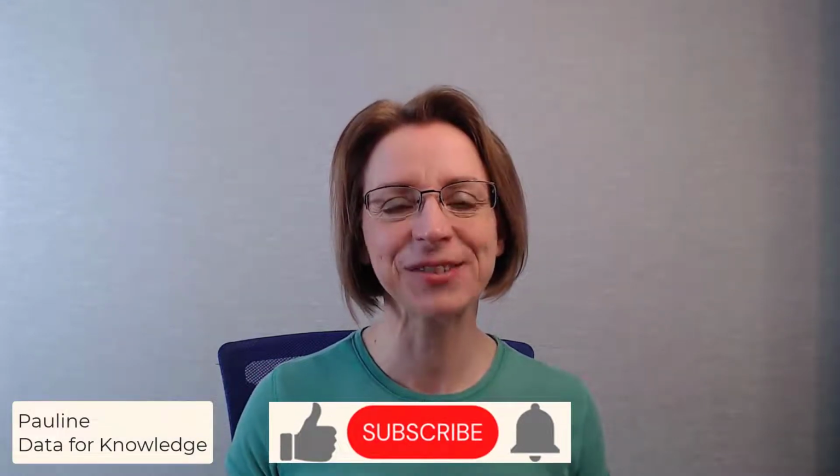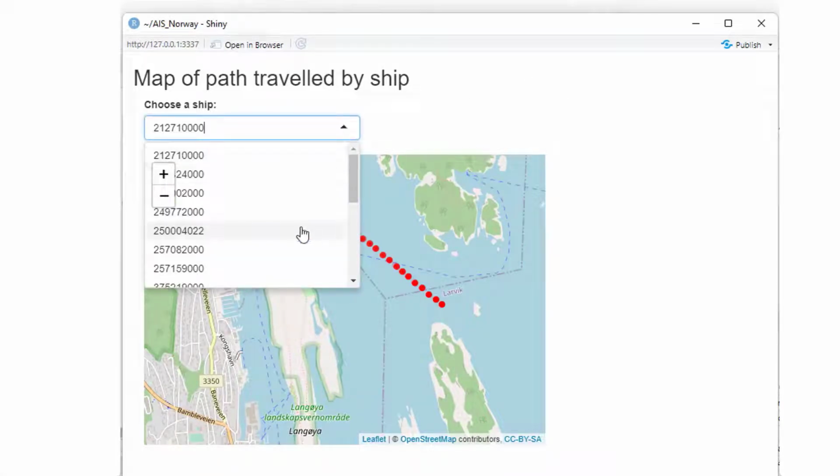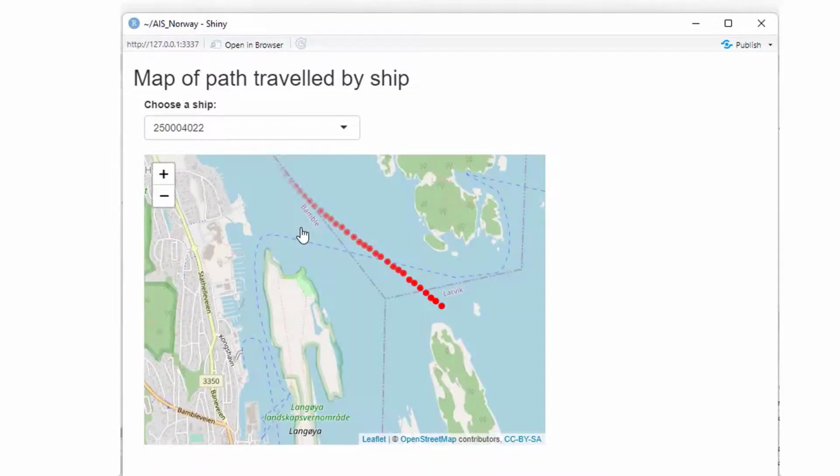Welcome! In this video, Automatic Identification System data, referred to as AIS, will be used to plot the direction of travel of a ship on a leaflet map inside an RShiny app. The user will be able to select a ship from a drop-down list. The map then updates to show the path along which the ship has travelled, with the direction of travel indicated